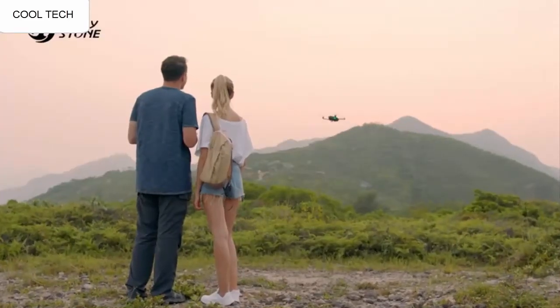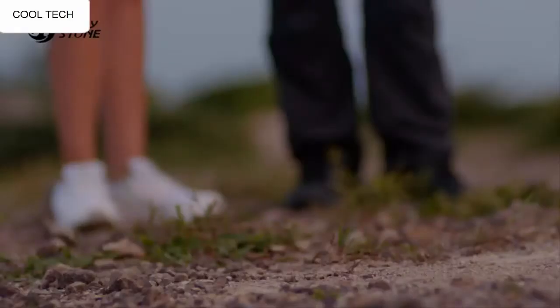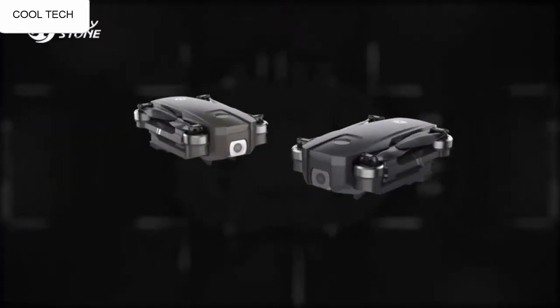The RTH function will bring the HS720 back to you every time. Get yours today with the